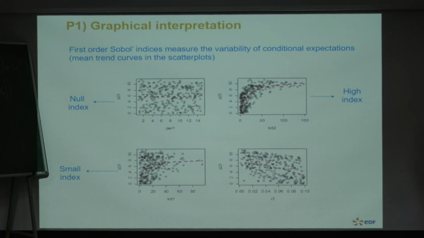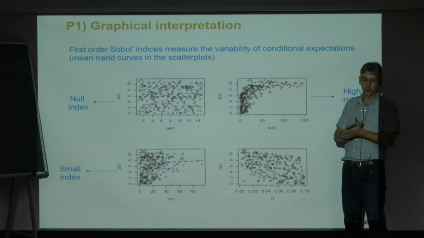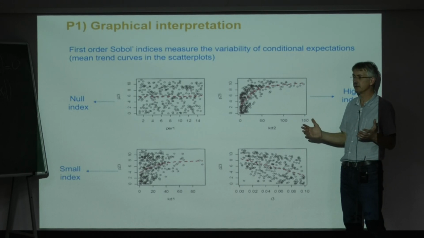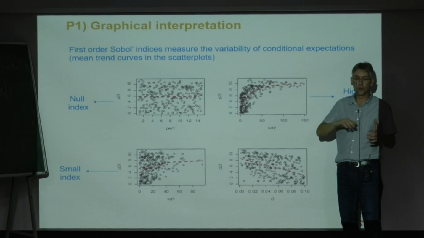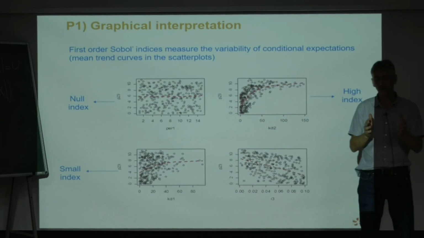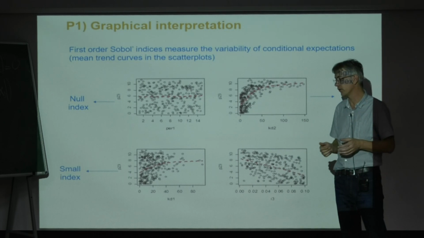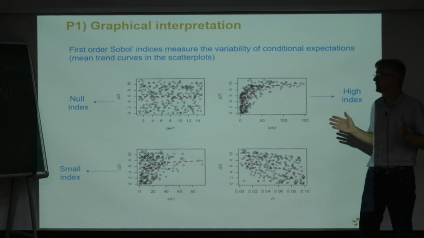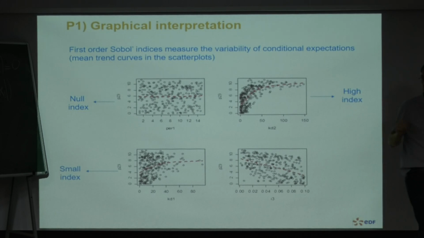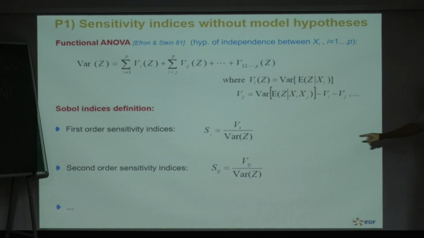It's easy for first order. However, if we want to compute the second order, the third order, the problem is that you are faced with the curse of dimensionality, and putting some non-parametric smoothers in a dimension larger than 3 or 4 seems difficult to me, but I don't know everything. I think it's a difficult subject. This is why, to estimate the other kinds of index, we use Monte Carlo methods that Thierry will explain.